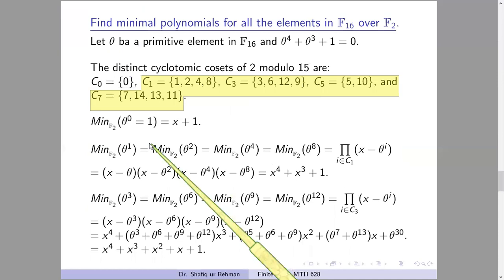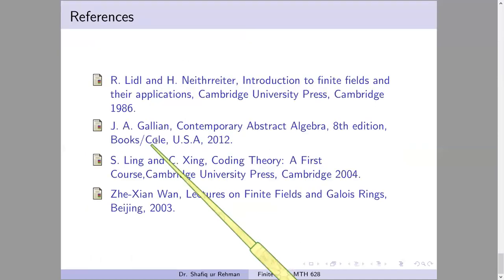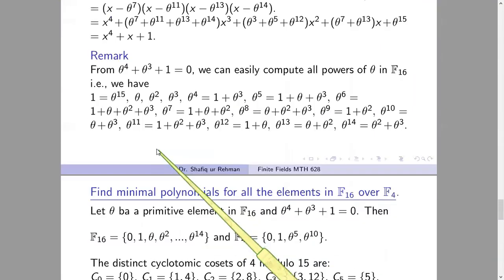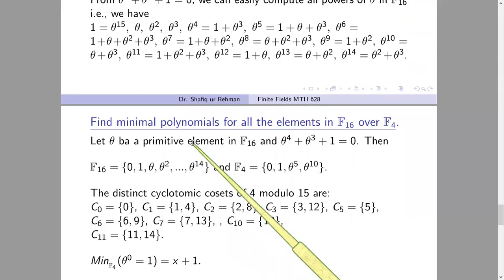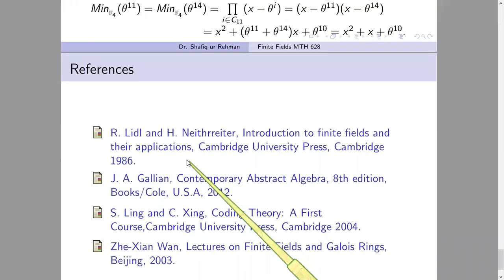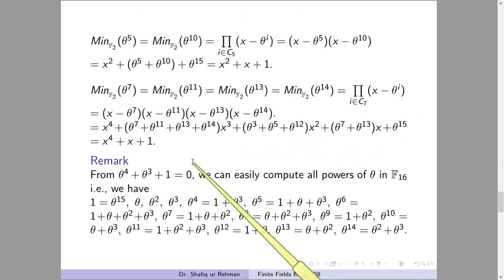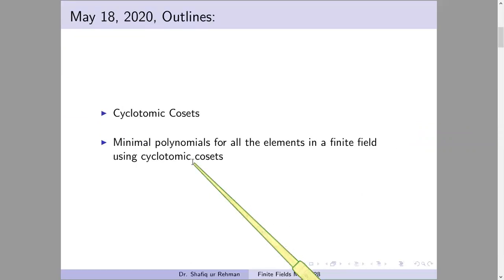And we close here, and in the next lesson our target is to find the factorization of polynomials of the form x power n minus 1, and to factorize it over the field Fq. And in the next lecture we will see how we use cyclotomic cosets in order to factorize the polynomial x power n minus 1 over a finite field. And also in the next lecture, we will use cyclotomic cosets to find all the irreducible polynomials over some finite fields.